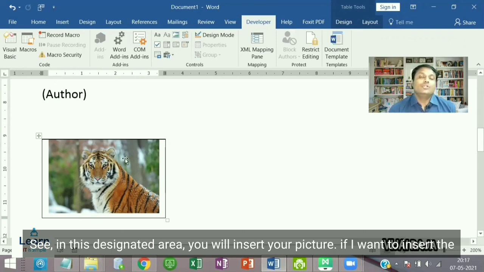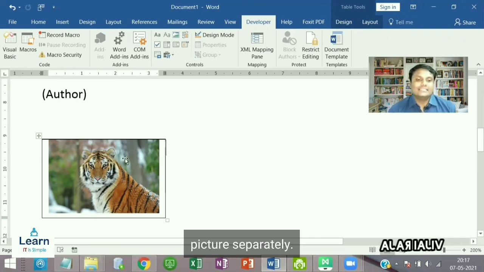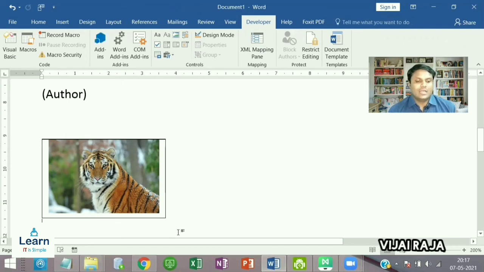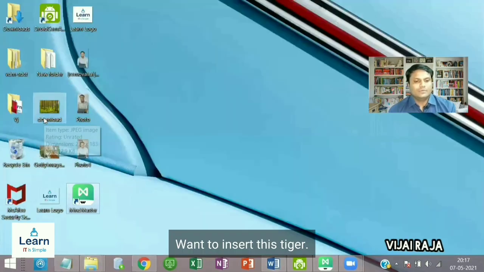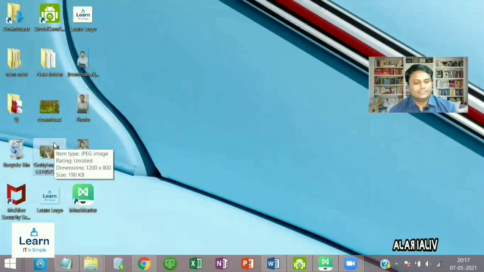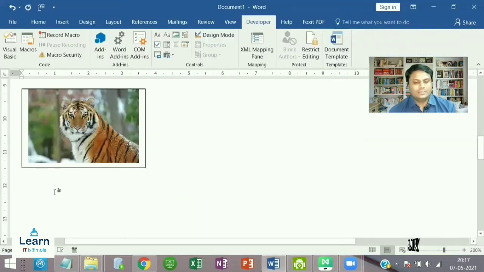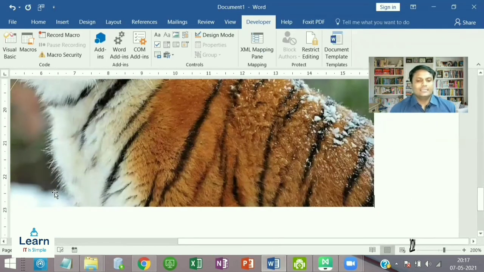If I want to insert the picture separately, I'll show the difference. Want to insert this tiger directly.